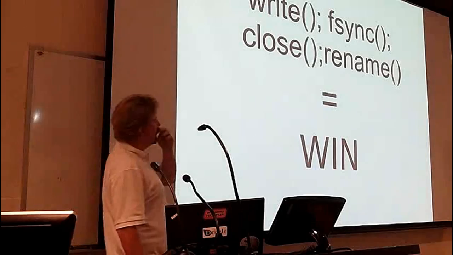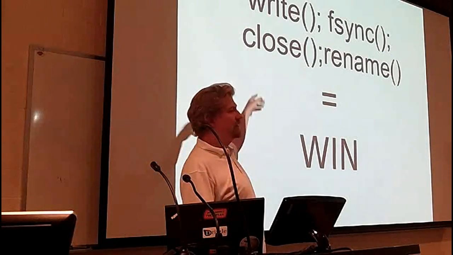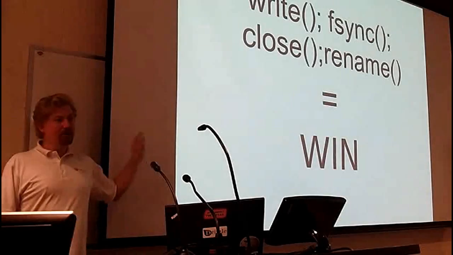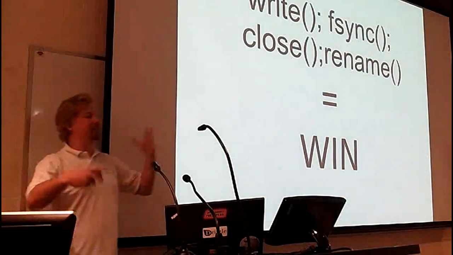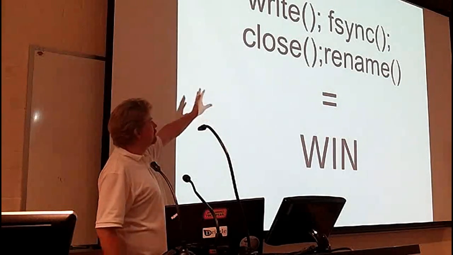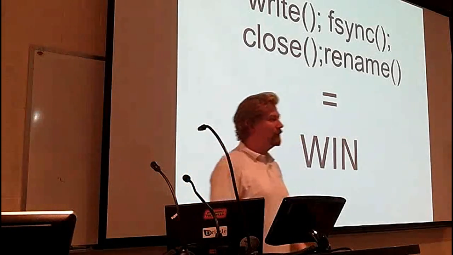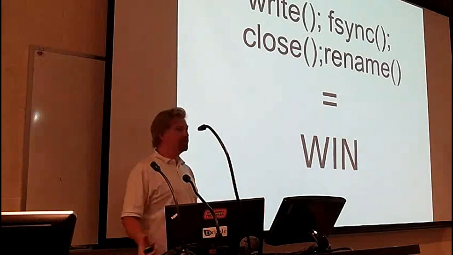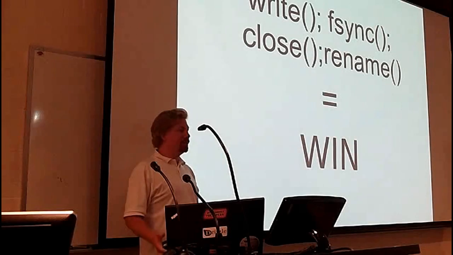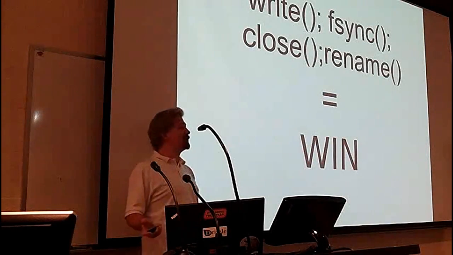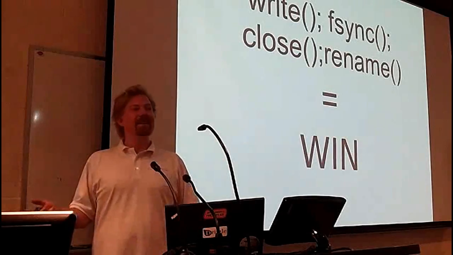And if you want, you can do a sync on the directory, so the directory entry hits disk as well, and you ensure that hits disk. But if you actually do the fsync here, when the rename essentially hits disk, if you crash at any point after this code is called, you'll get either the new or the old. Right? But you definitely won't get nothing, which is really sad when you get a file full of nothing, or